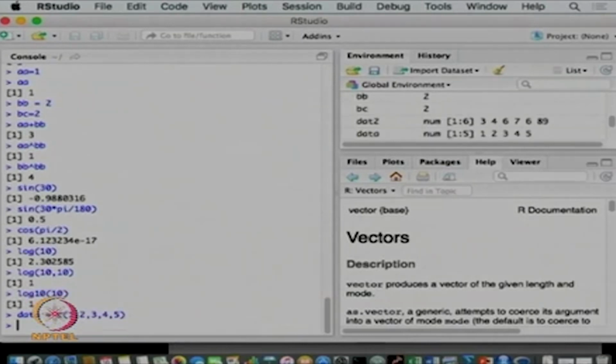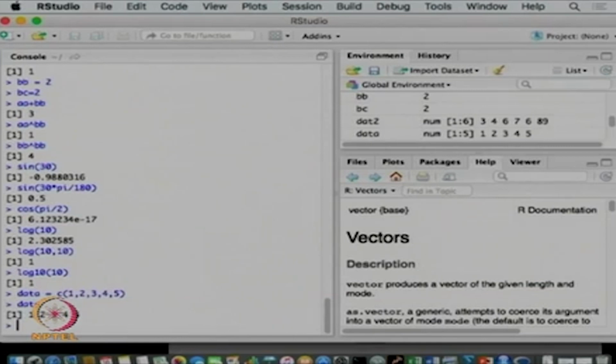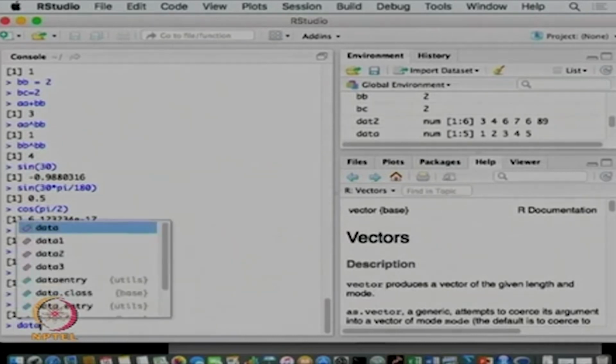When I press enter and then write data, what you see here is that data got initialized to a row vector which has 5 entries: 1, 2, 3, 4, 5. In order to see data, I just write data and I get back what it is, and because it is a row vector, it is showing as 1 of 1, 2, 3, 4, 5. Now I can change it, let us say I have 5 new entries, I can write data is equal to,